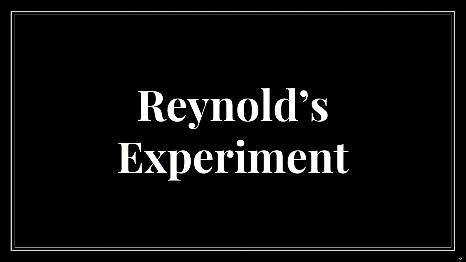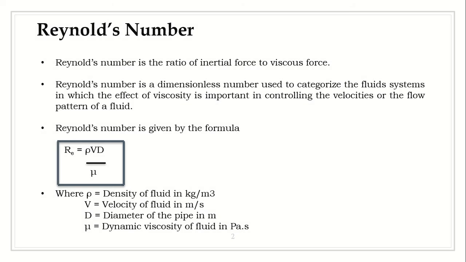In this video I'll be explaining Reynolds experiment. Okay, so I think most of you know what Reynolds number is, right? We have been discussing this Reynolds number in a few of my earlier videos. This Reynolds number is very useful in determining or categorizing the type of flow, whether it is laminar flow or turbulent flow or a transition flow. Based on this Reynolds number only we will be classifying.